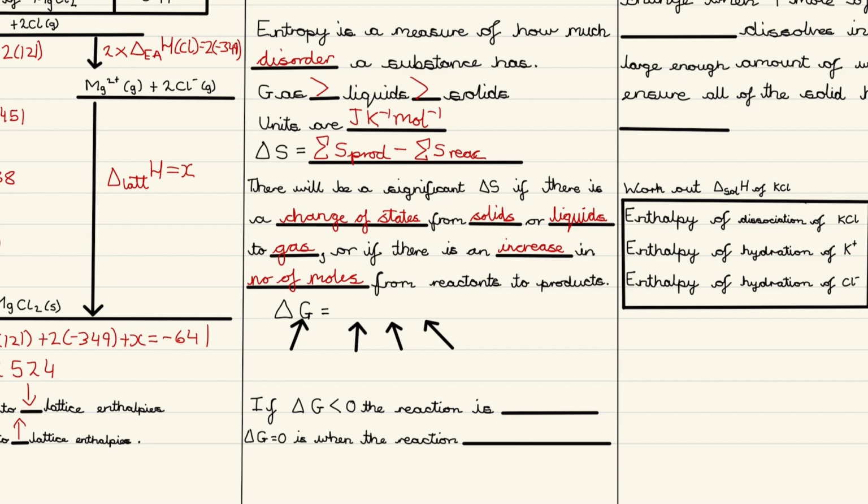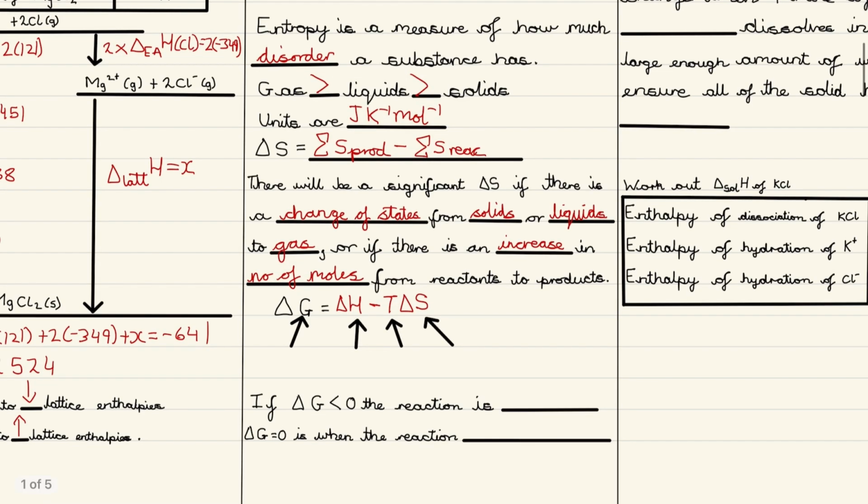from reactants to products. Now the formula for the change in Gibbs free energy is the enthalpy change minus the temperature times the change in entropy. The units for these are, well, Gibbs free energy is in kilojoules per mole, and so is enthalpy. And then the temperature is in Kelvin, and the entropy is in kilojoules per mole